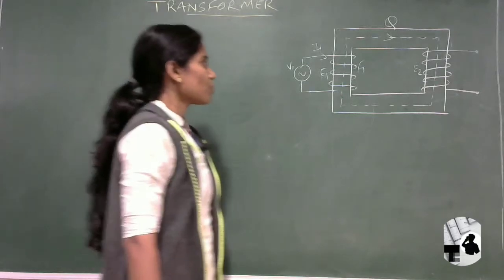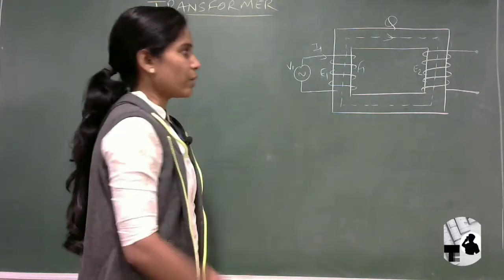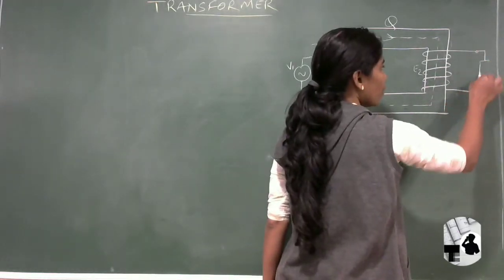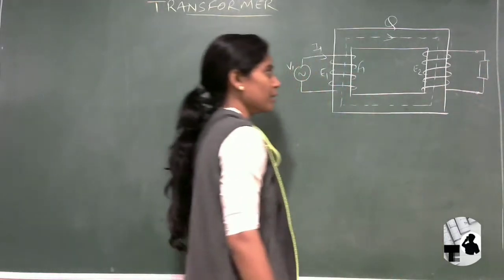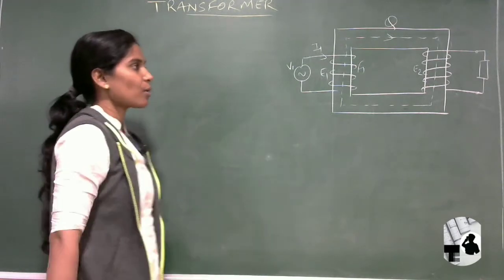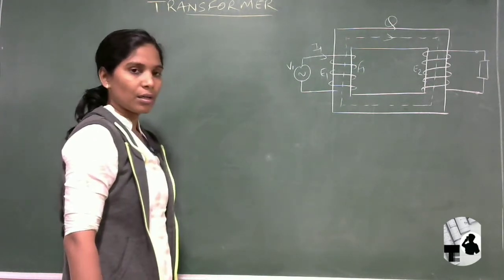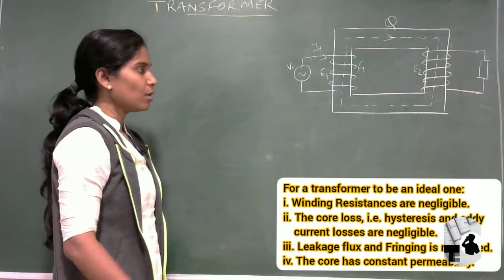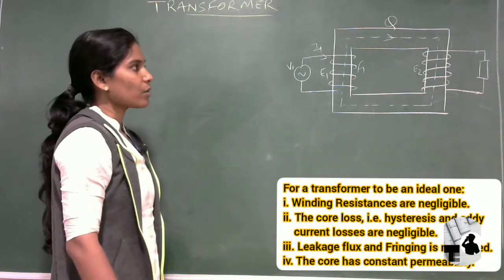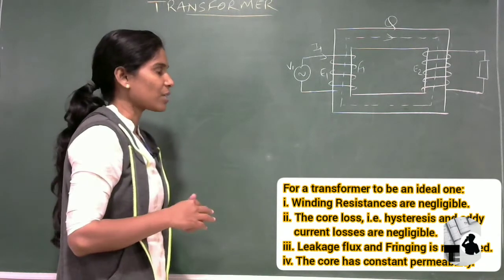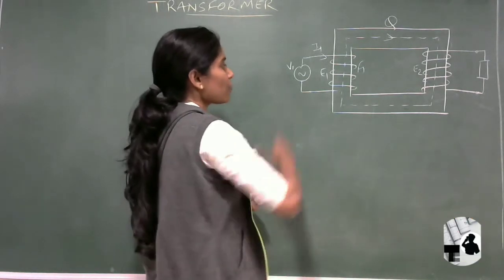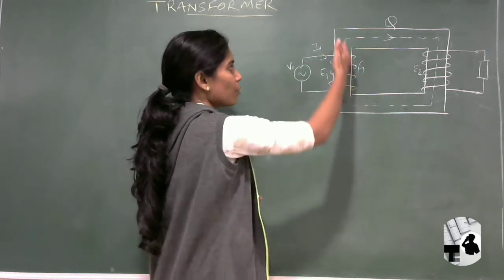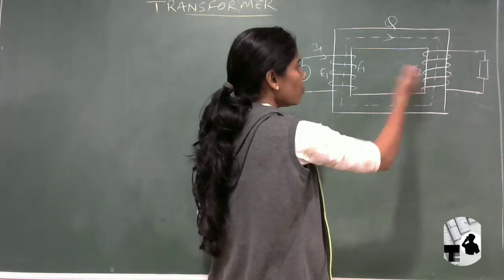Now we are going to discuss the on-load case. On-load case means the secondary winding is connected with the load. We have connected it like this, so this is the ideal transformer working on the on-load condition. In the previous lecture we saw the different assumptions taken for the ideal transformer. Now we go to the direct functionality of this case. As we gave the supply voltage, we got the current I1, the MMF F1, and due to that the flux in the transformer core, and E1 and E2.